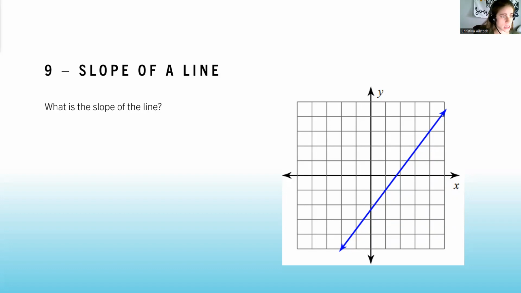Because technically speaking, let me get my little laser here, there is a point right here on our line. But that's not really the best one to choose because that's between different grid lines. So I'd have to estimate, and what I think the value is might be a little different from you. So whenever you're given a blank line and you need to add points to it to answer a question, I always pick spots where your line crosses both the x and the y grid lines perfectly,